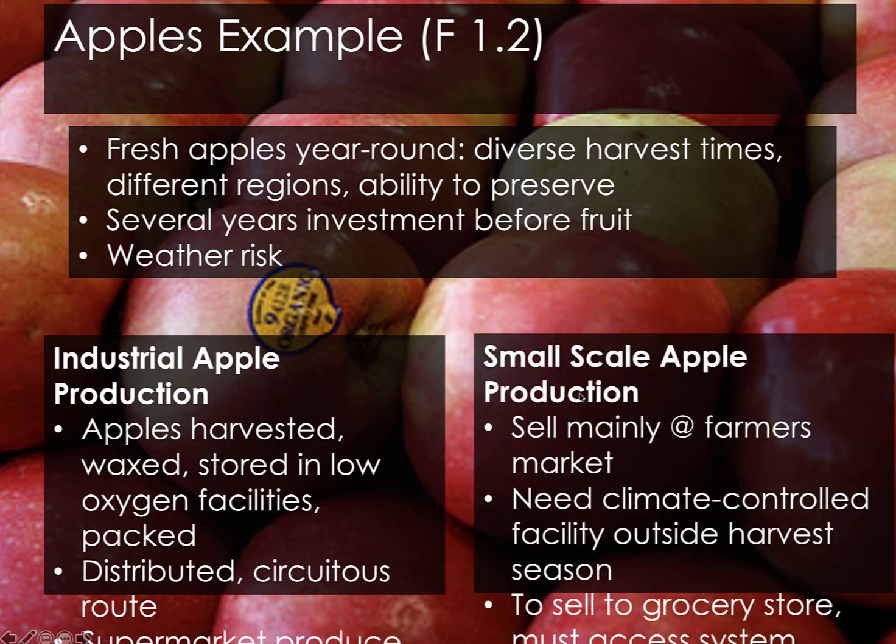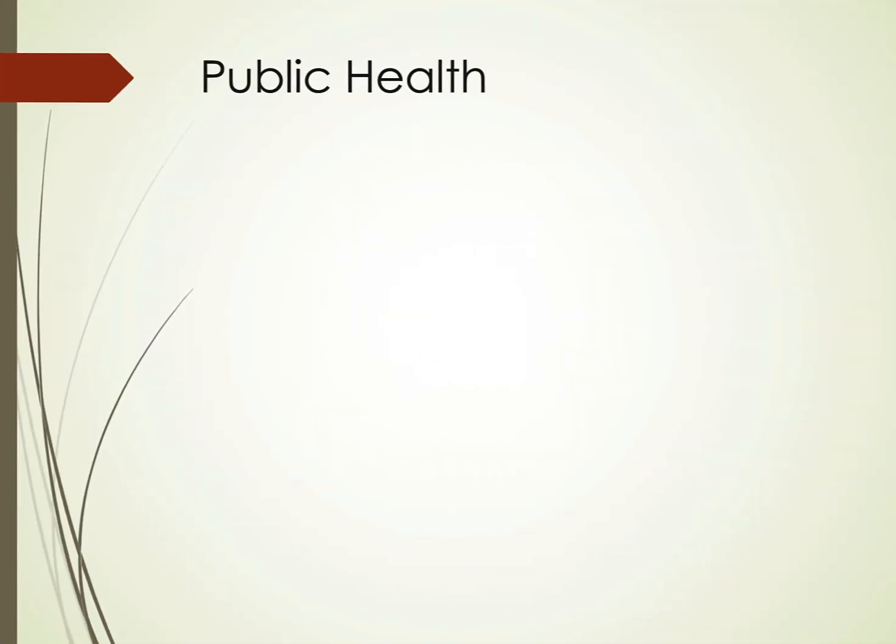Small scale apple production. Again, this class for your paper, you're going to have to go to a farmer's market and you'll see all the local apples. And sometimes they have little blemishes and stuff on them, but they haven't been sprayed. Sometimes I think about it: if a bug doesn't want to eat an apple, do I want to eat that same apple? What's on that apple that's keeping the bugs away? So I don't mind a few blemishes on the apples because I know bugs are eating it. There actually might be a bug in there, but that's a whole other story.